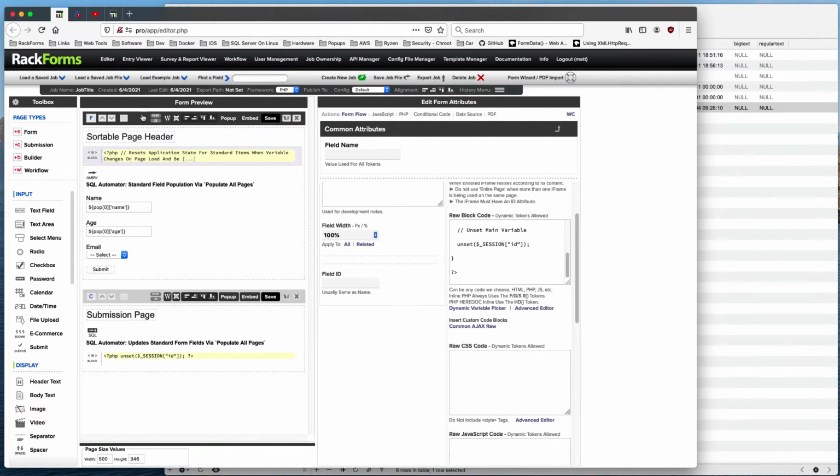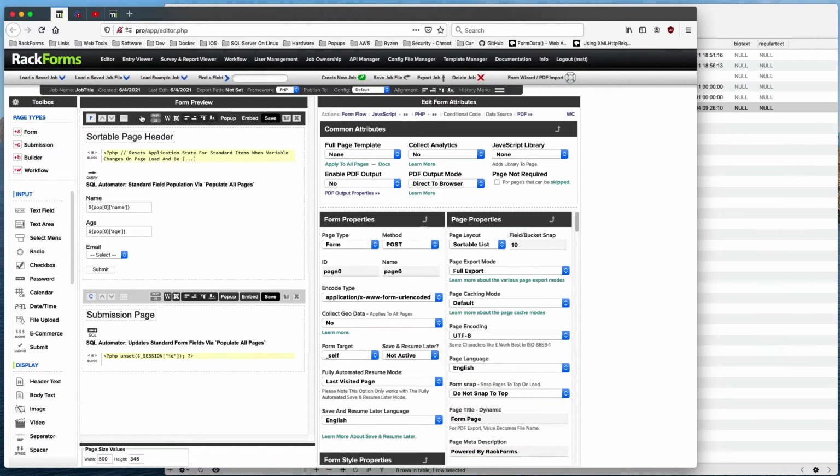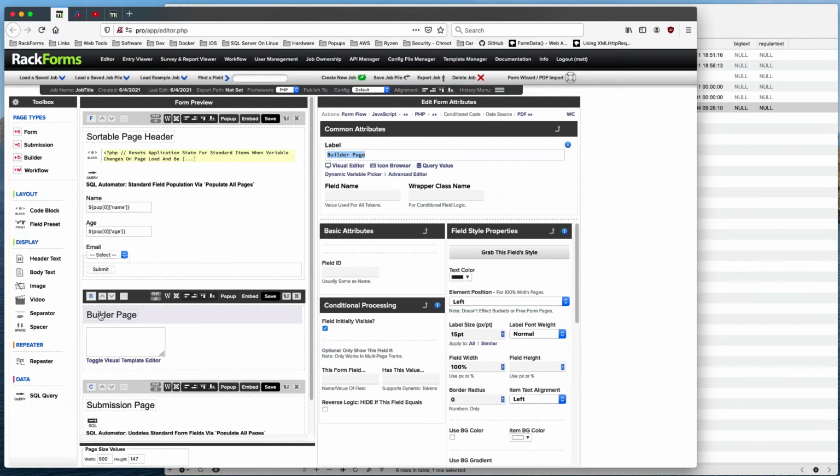Because instead of just form pages really collecting information and sending it somewhere, we need to have form pages displaying information to our users so that the users can then select maybe a record and then get to this form. So let me show you, there's many ways of doing this. Let me show you the one way that's native to RackForms that's usually the best possible way, which is using